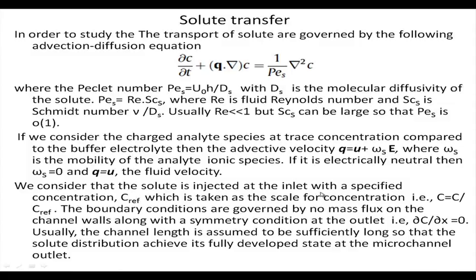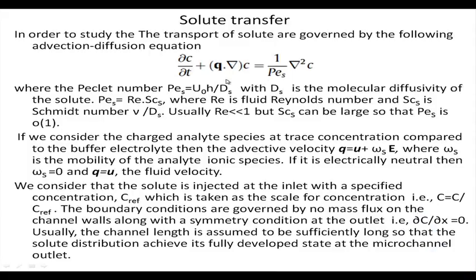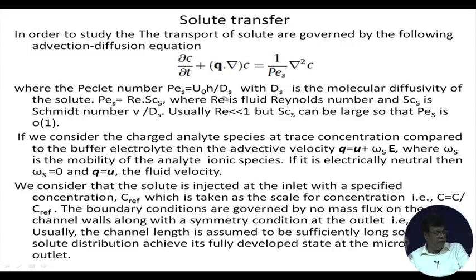So, the other properties of the electrolyte are independent of the presence of solute. Now, the solute transport equation is governed by advection and diffusion, and if the solute is charged, there will also be electromigration. So these equations, advection, diffusion and electromigration, are as we have described before. This is the Peclet number, which we defined before, and Ds is the molecular diffusivity of